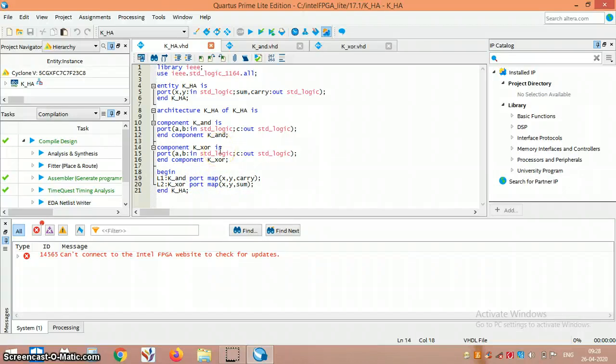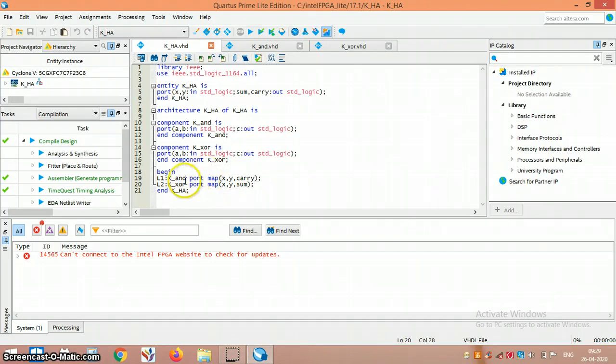Whenever you see a figure of the half adder, you can see that an AND gate is drawn. The output of the AND gate always gives you carry. So component L1 defines AND gate, same as L2 defines XOR. Whenever you are getting a sum in the half adder, that is always the output of XOR.